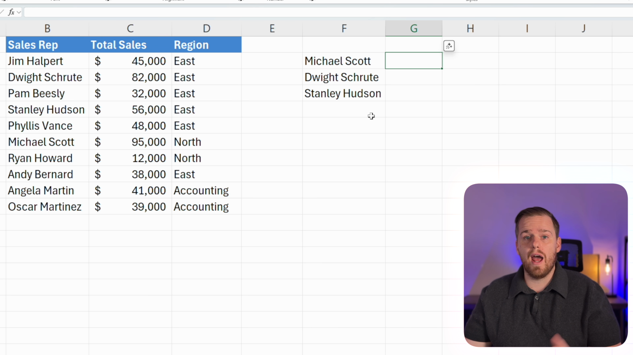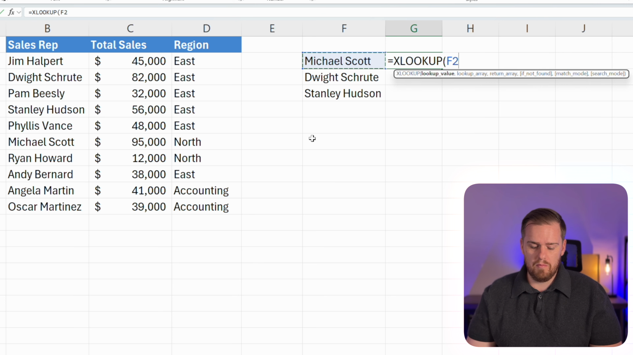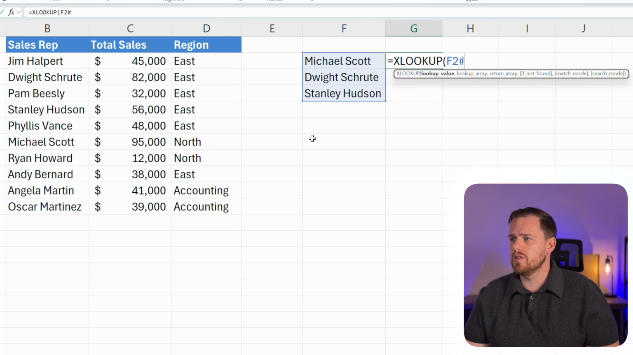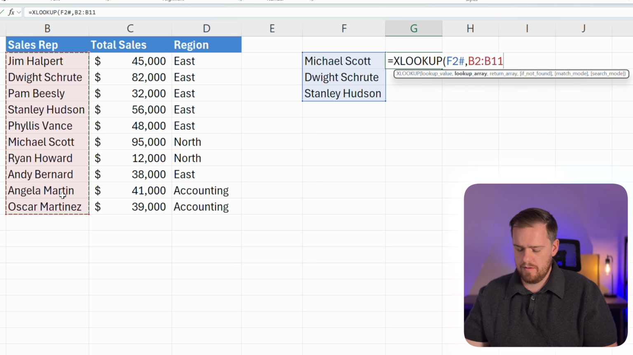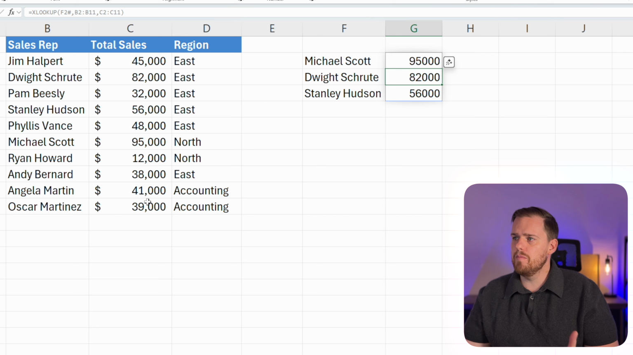And that is where our hash operator comes in. So we'll press equals Xlookup, and then we'll select our value. We'll select F2, but this time we're gonna put a hash right there, and you see that Excel automatically selected all of our salespeople. And then we'll press comma, and then our lookup array will be all of our sales reps. We'll go ahead and press comma, and then our return array will be their total sales. We'll press parentheses to lock that in, and then boom,